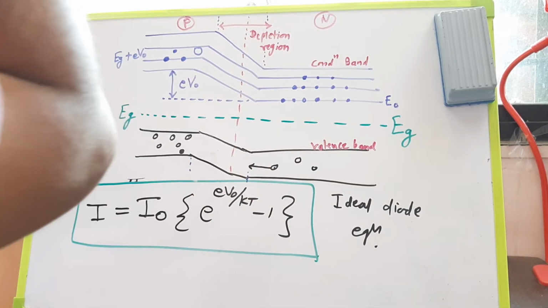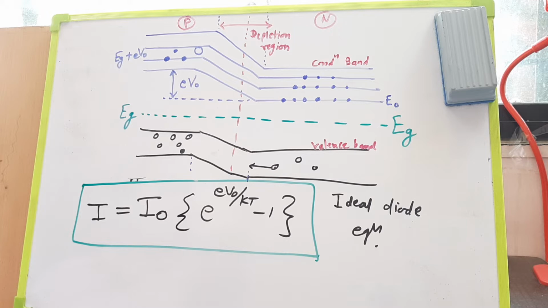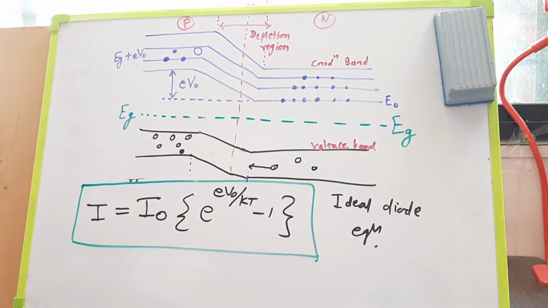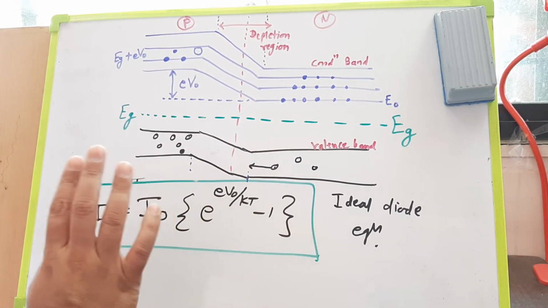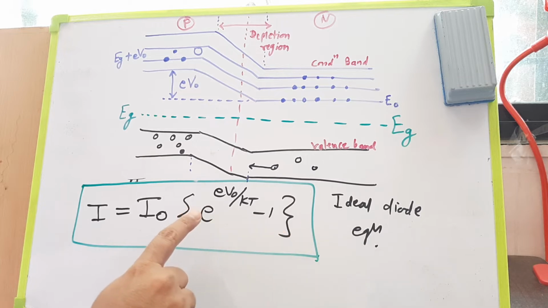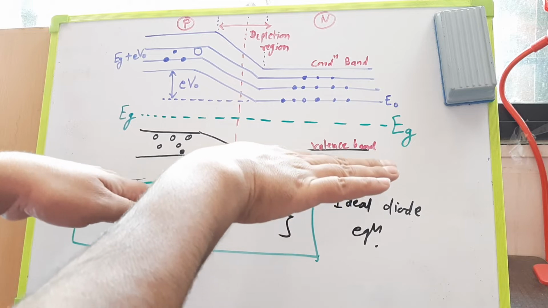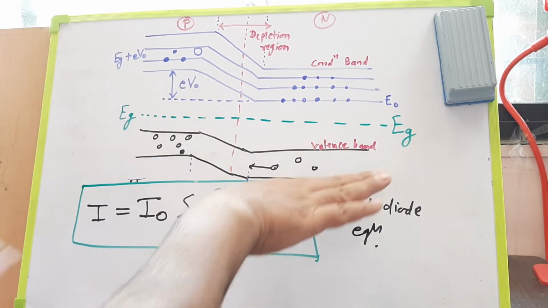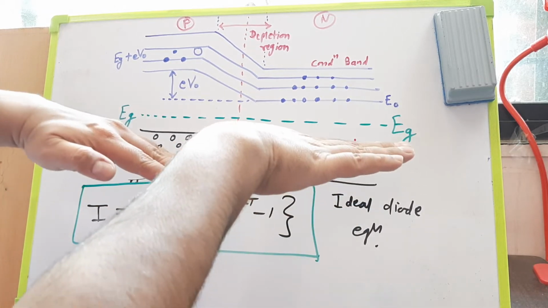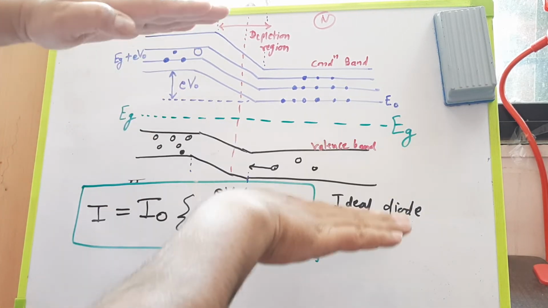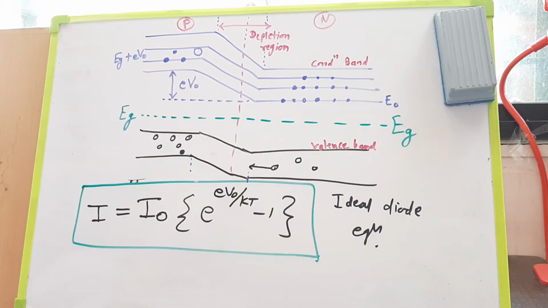Again, I don't think you should try to understand more out of this diagram, because it's simply not part of your syllabus. So just try to draw this diagram 4-5 times, that should be more than enough. Some of the obvious things are that this is the valence band, this is the conduction band, and there is a difference in the energy level at the p side and at the n side for both of the bands.